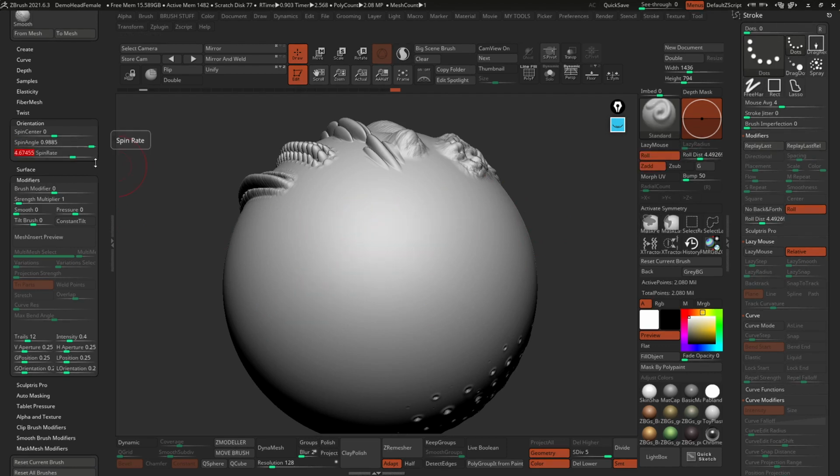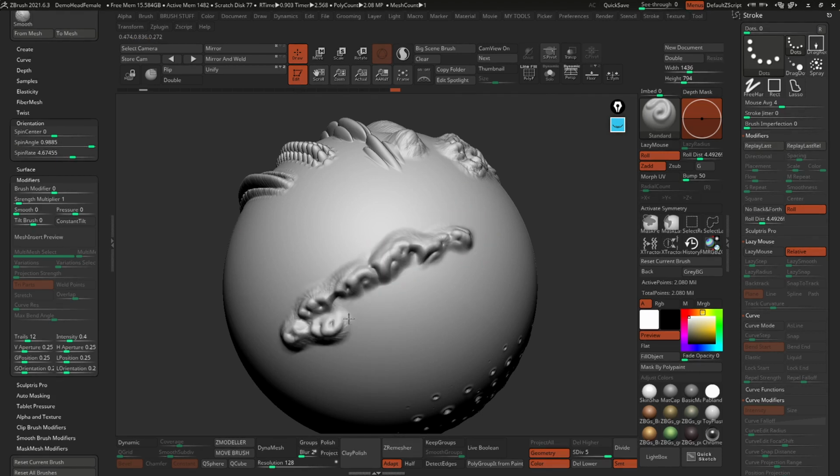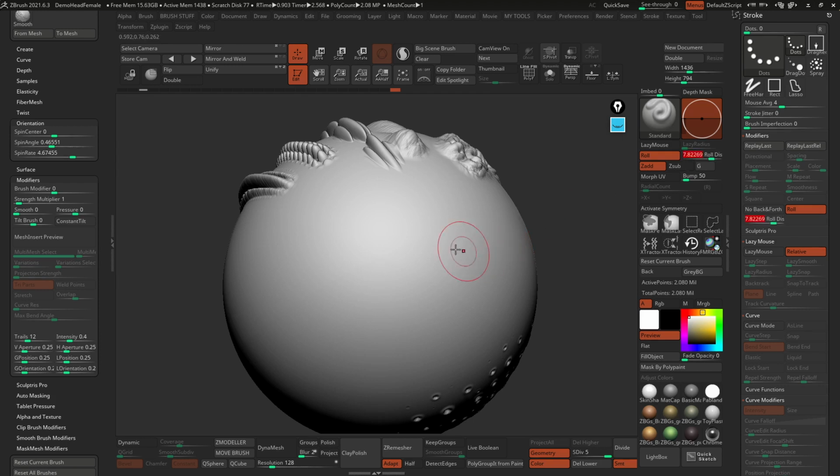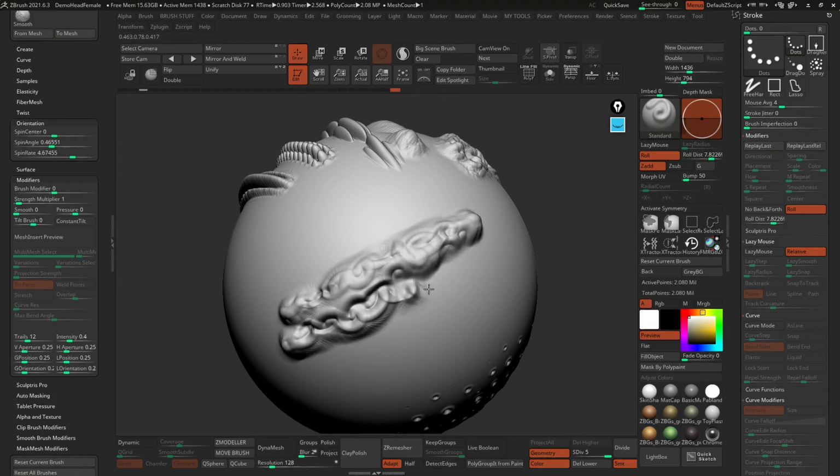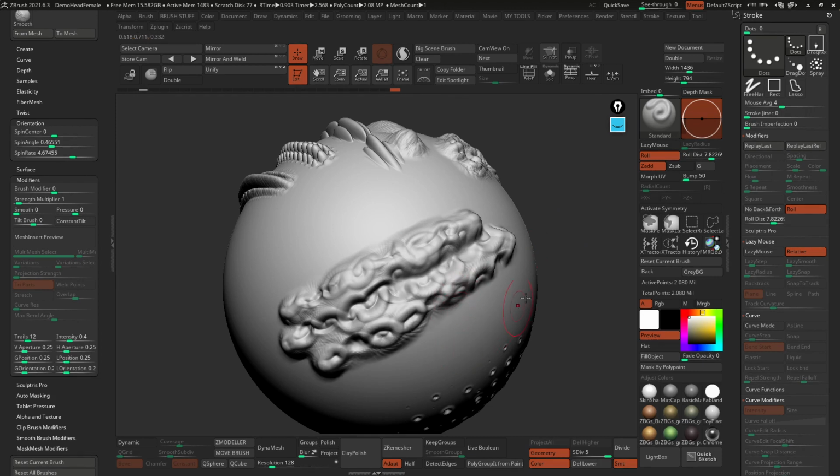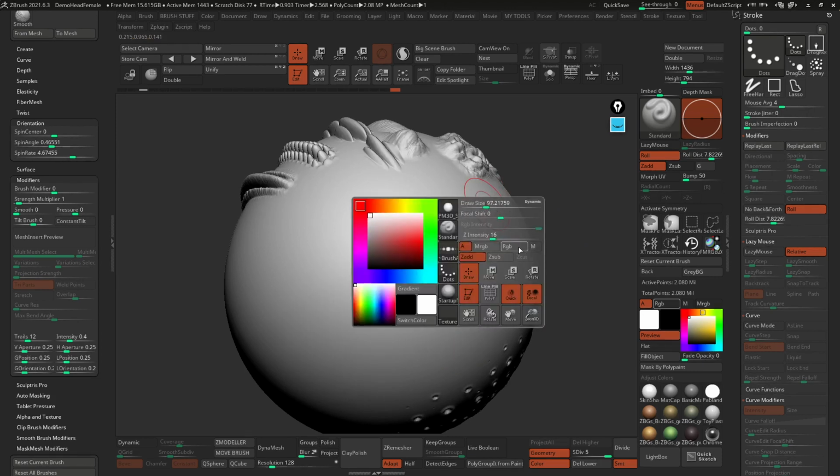Let's increase the spin rate so it's more like a knot like this. It's pretty cool. I'm going to reduce the spin angle so that it's less obvious, and let's increase that roll distance quite a bit. All right, so we're getting somewhere. And now what I'll do is reduce my intensity.